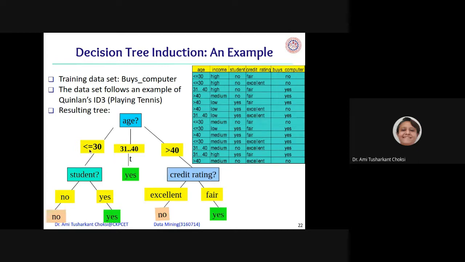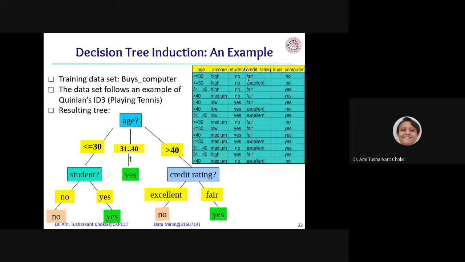Irrespective of any other attribute, it is yes. Now less than or equal to 30. For this, we have to check another attribute, that is student, whether the person is a student or not. If the person is not a student, they do not buy the computer. That we can see from the table. Let us see less than or equal to 30 for this one. Person is student?